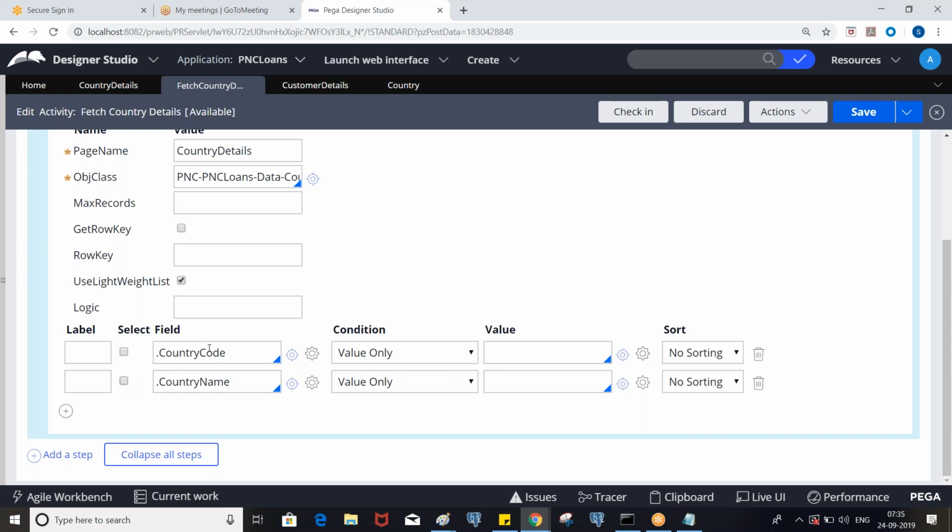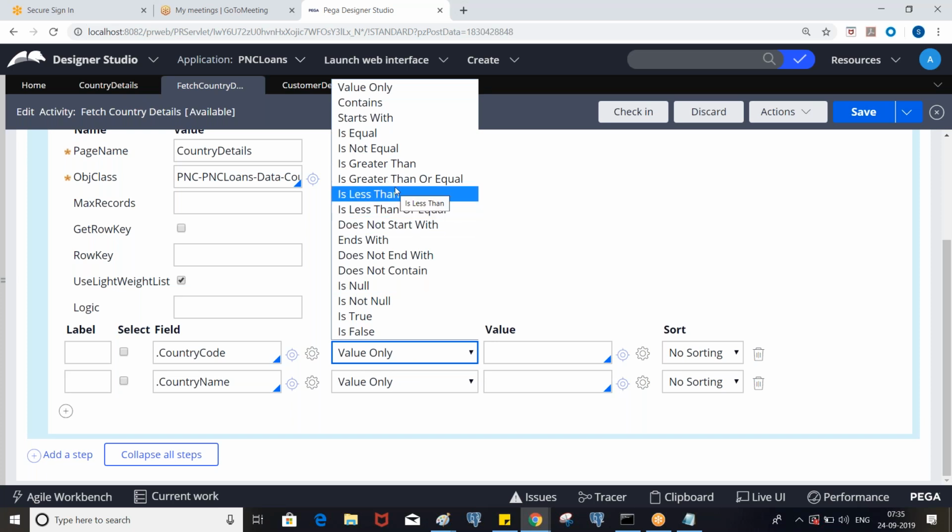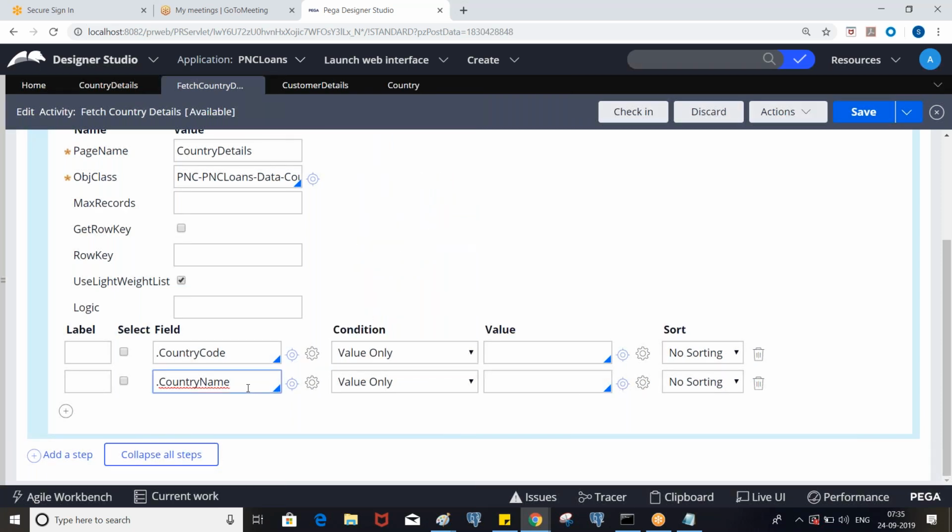Let's say I want to put a where condition. Here we'll have unique countries only. But let's say we have customer details and I want all the customers where last name is equivalent to something like that. If you want to put the condition as well as display that property on the clipboard, you must select the checkbox.